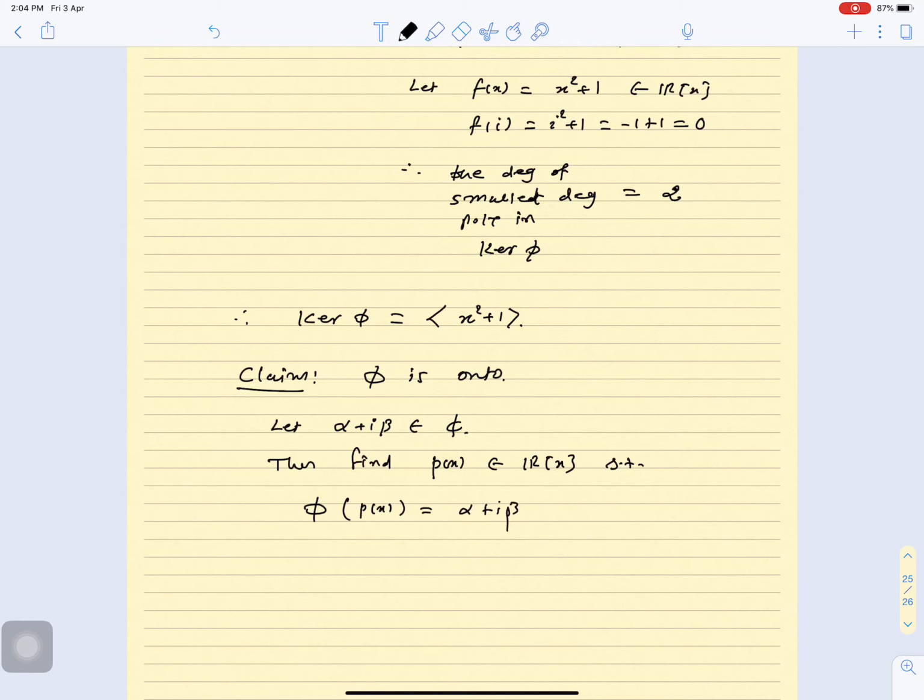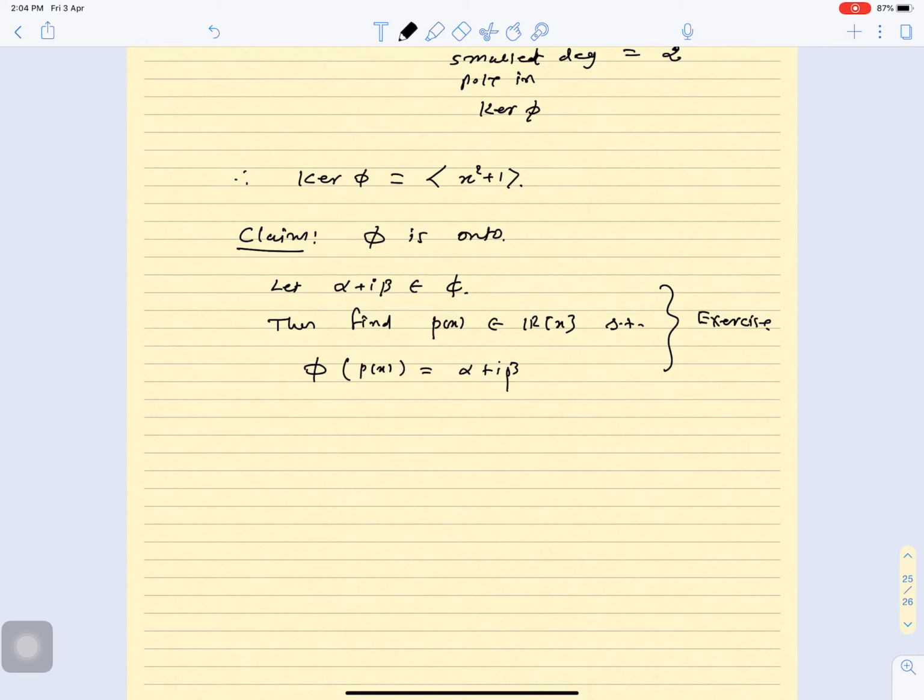So I will put that into the exercise. So you find this polynomial. Definitely you will get this polynomial, and it is a very easy exercise. So I assume that phi is onto. So finally, thus by the ring homomorphism theorem, R[x] quotient kernel of phi is isomorphic to phi of R[x],